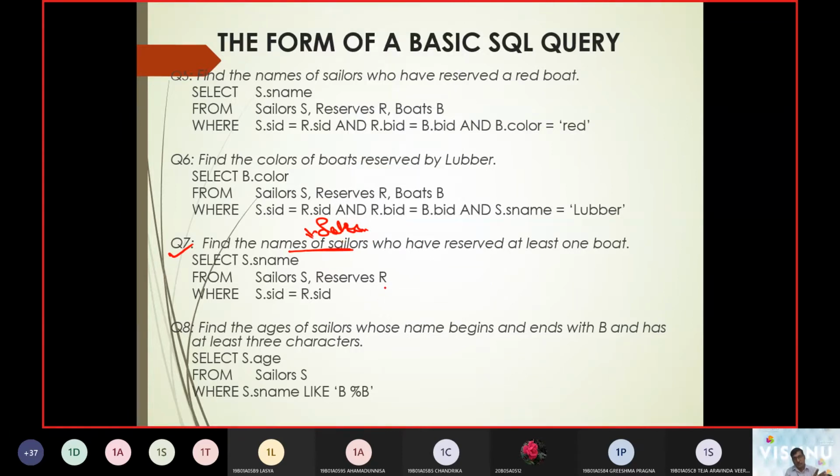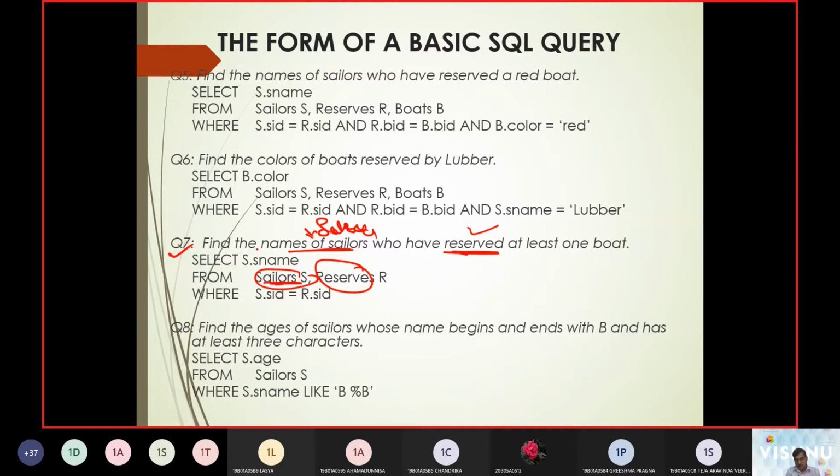So the names in the query are located in the Sailors table. Therefore, we need sailors who have reserved. As you mentioned a reserve, definitely you should have one more table called reserves. So that is how we are going to fill up the databases, what needs to be worked.